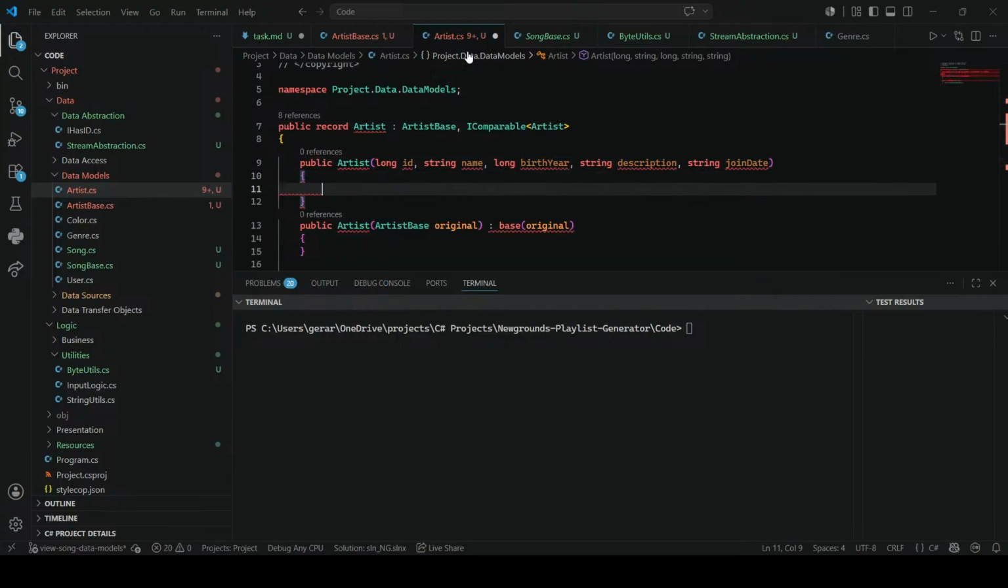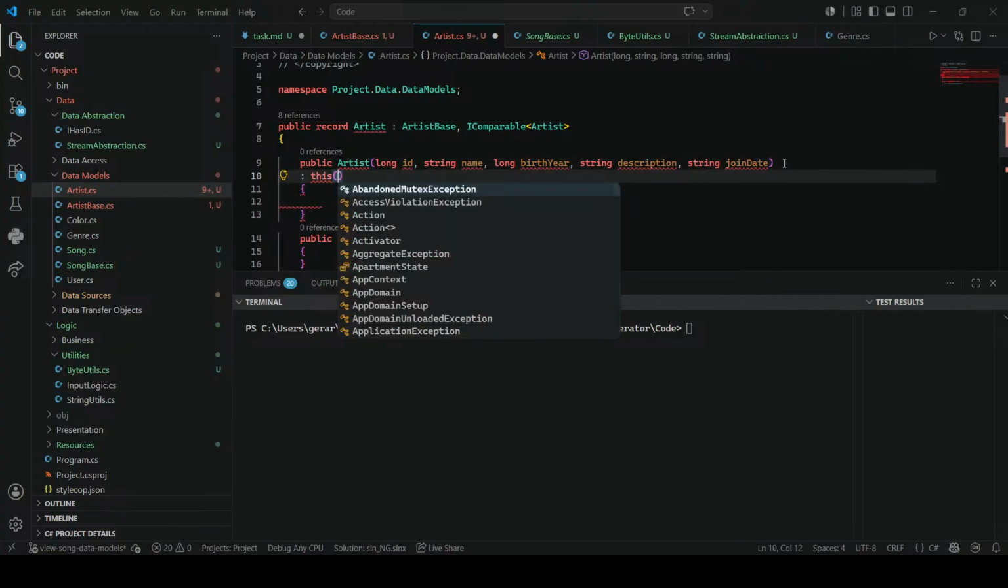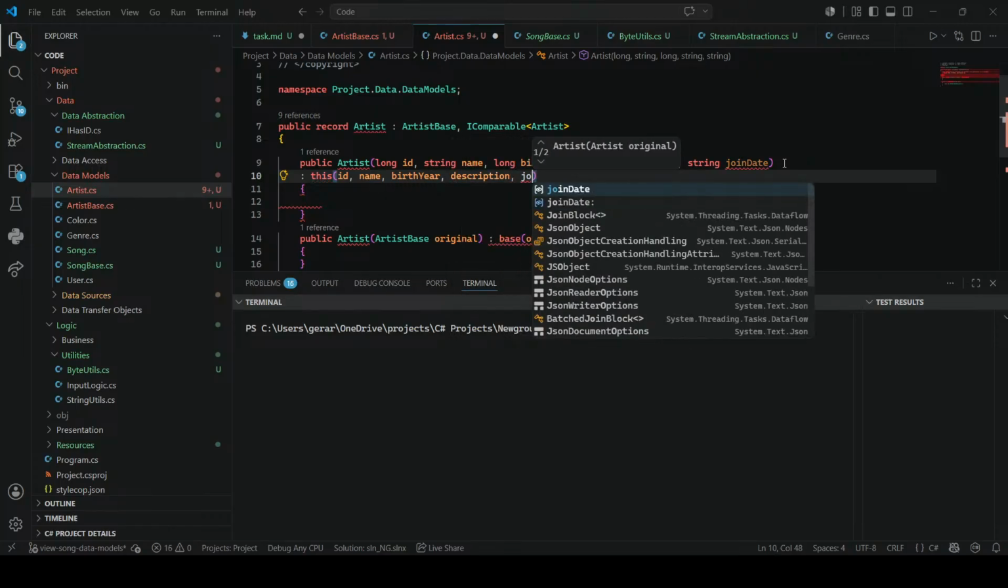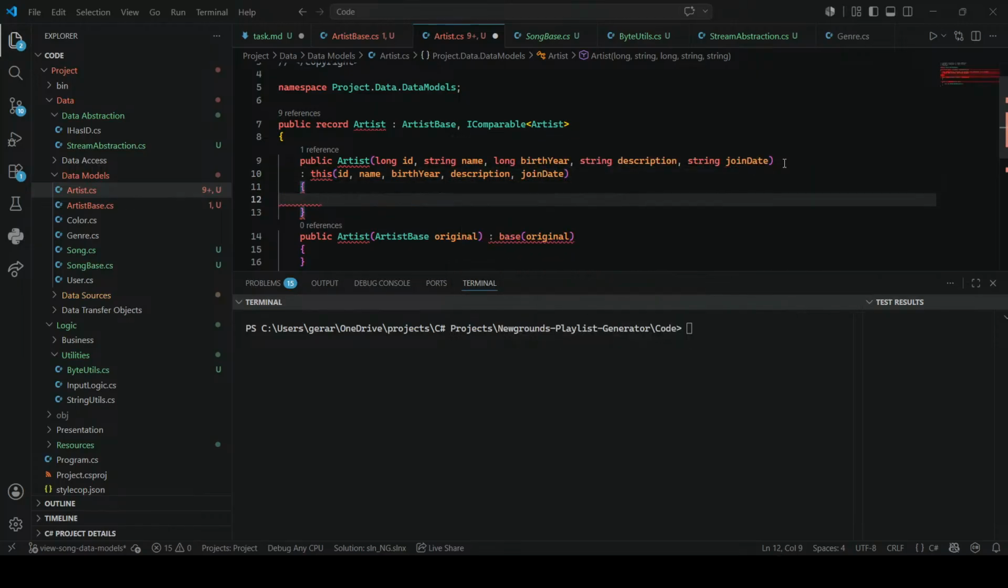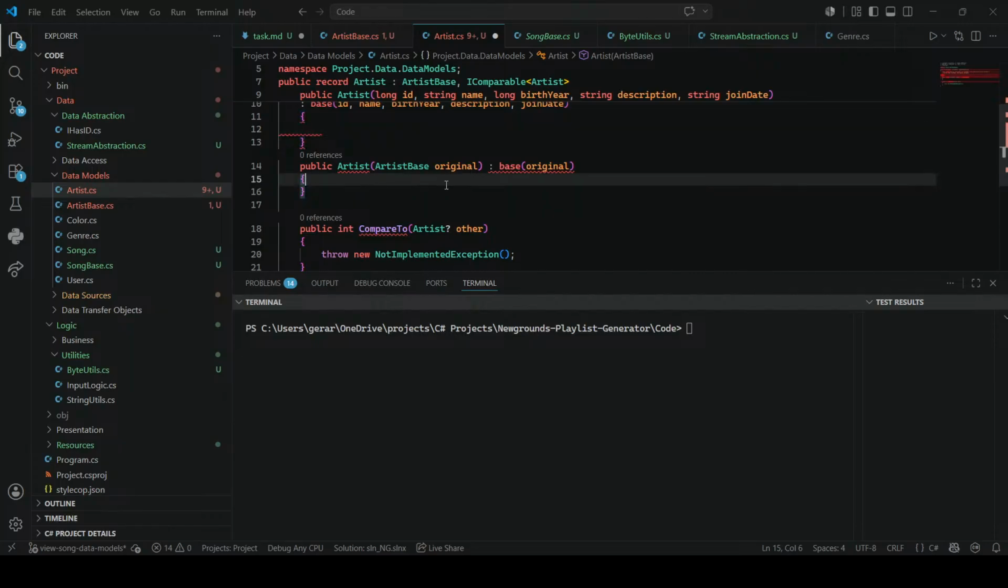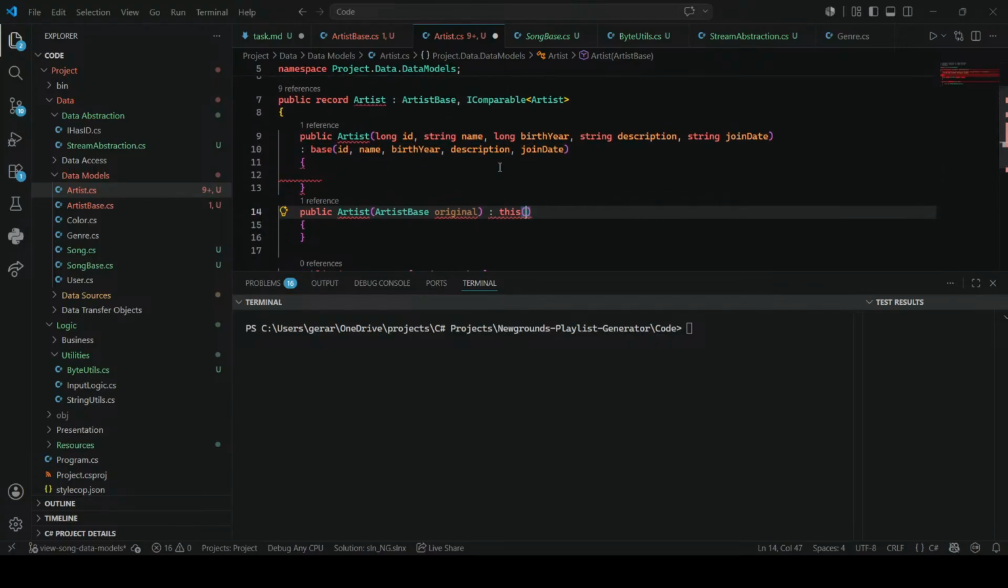Okay, let's say this ID, name, birth year, description, join date, right? And not this, but base. I just don't use base very often, so I always forget it. Okay. Which this won't be base, this will just be this. Or, you know, hold on, I tend to have